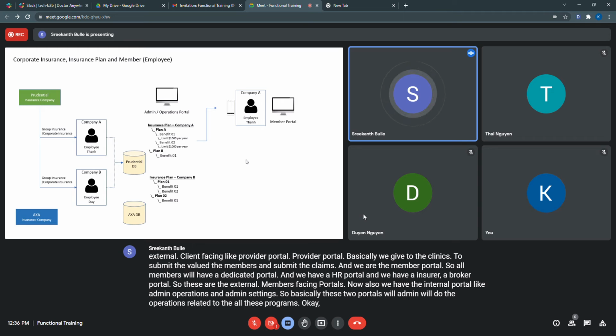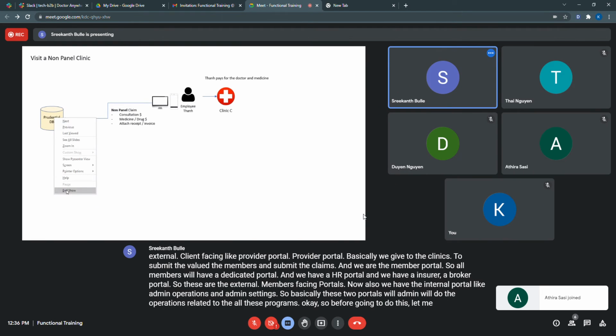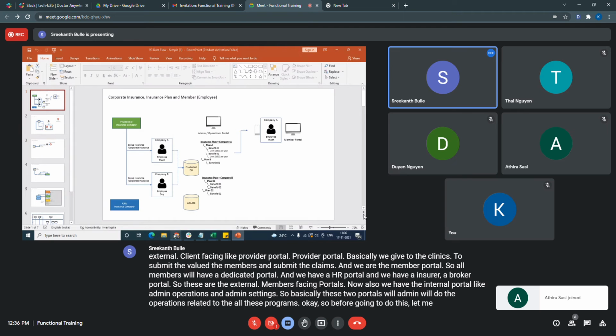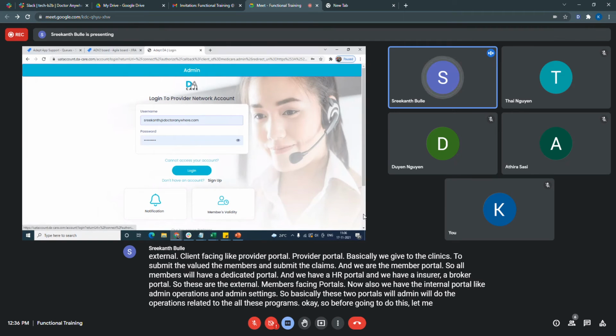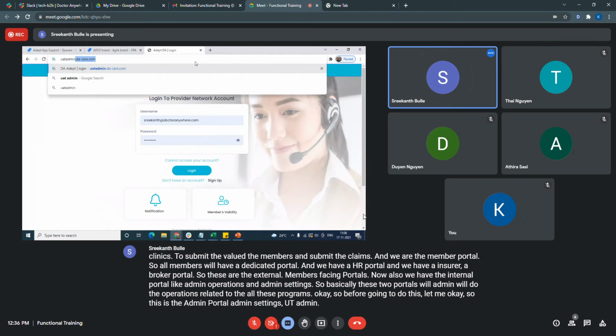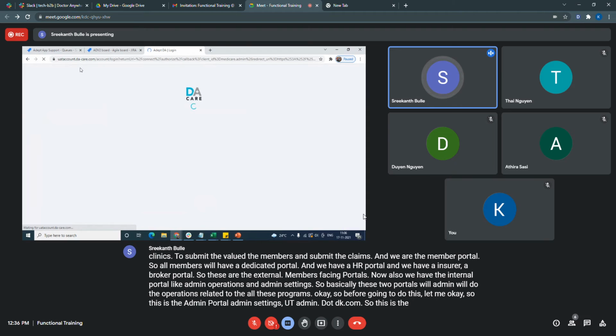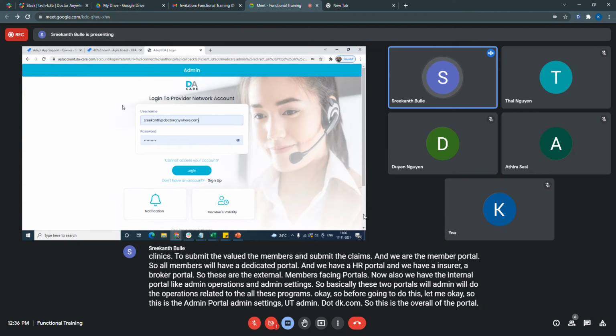Okay, so before going to do this, let me. Okay, so this is the admin portal, admin settings, UAT admin .dk.com. So this is the URL of the portal. So this is our login page.